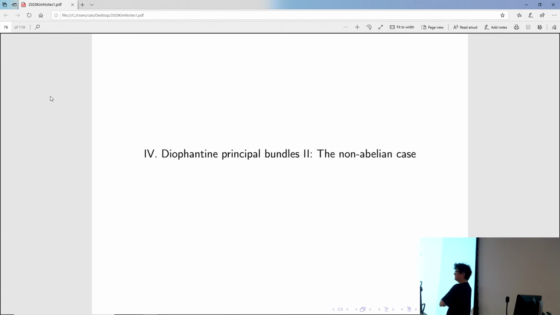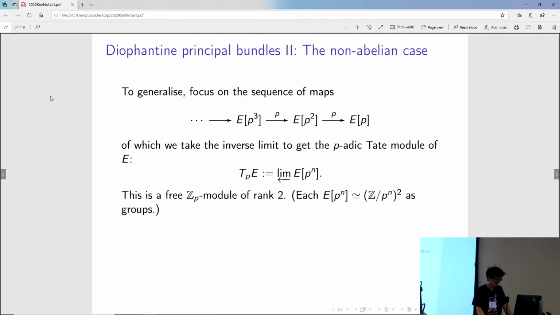Maybe I should say, for me personally, what's about to come I've always thought of as generalizing this descent algorithm for elliptic curves. That's been the main goal, and it remains the main goal. So to do this, let's remind ourselves that if you consider this whole sequence of maps on p